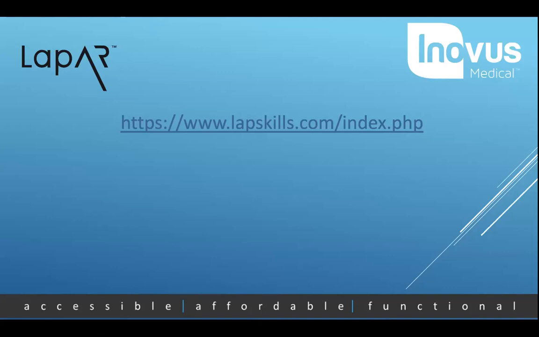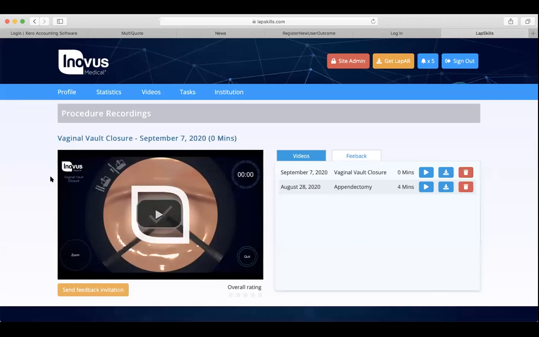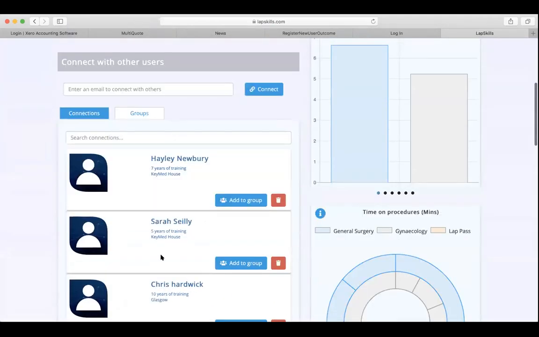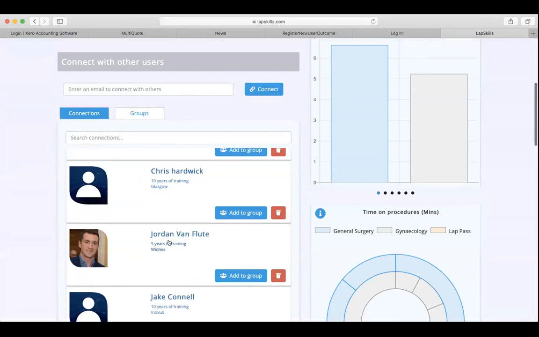Oh yes, no, I'm with you. Yeah, so that's absolutely a good point. And yes, we encourage that. So actually, I stopped screen sharing a bit too early. Let me come back into the web app for you, and hopefully everyone is with myself and Conrad on the question there. So I've been showing you this web app from the perspective of the trainer, the expert surgeon, in this case Ross, and he was going in and looking at Jordan's performances and Jordan's videos.